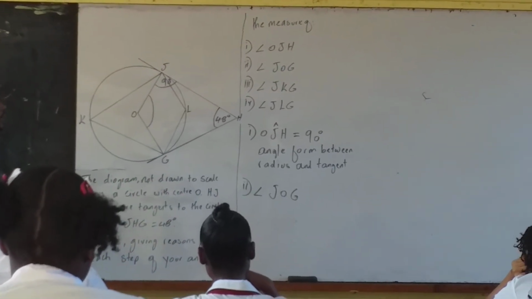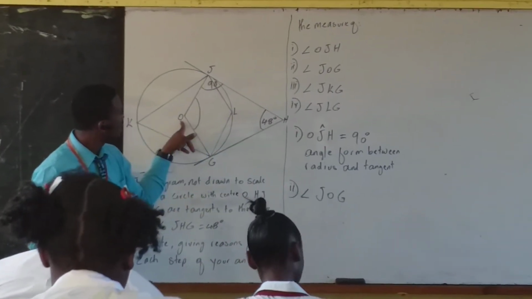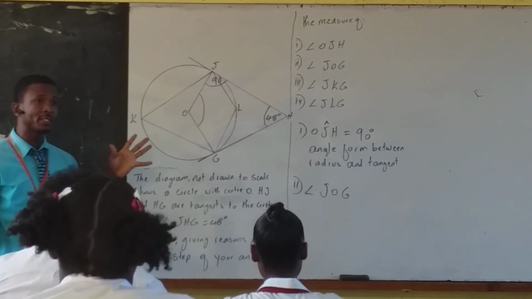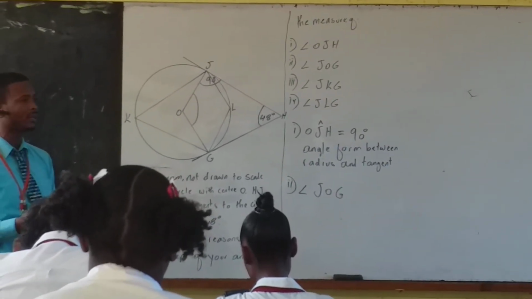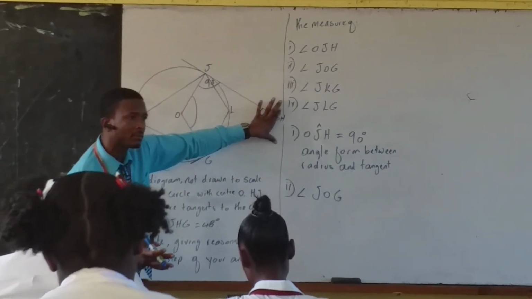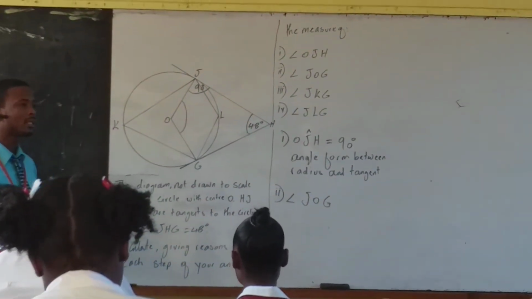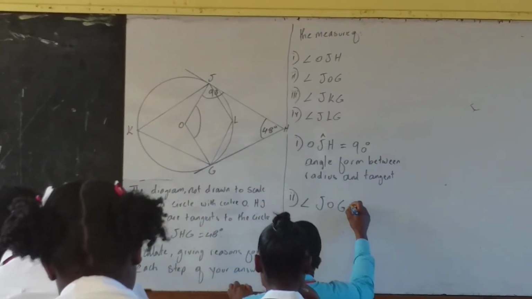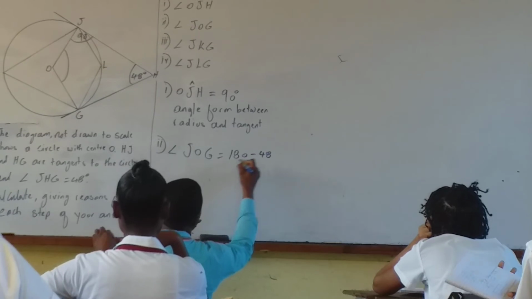How do we find this angle? Not a cyclic quadrilateral, because this point doesn't touch the circumference. For it to be a cyclic quadrilateral, O would have to be at the circumference. But can we see a quadrilateral there? Isn't there a quadrilateral between the two radii and the two tangents? Yes. What did we say about the relationship between two radii that meet two tangents? The opposite angles are supplementary, which means then that angle JOG is equal to 180 minus 48, which will give me